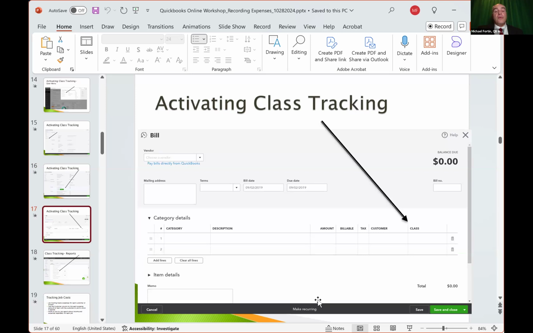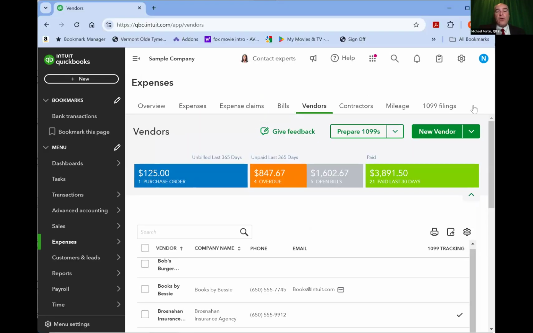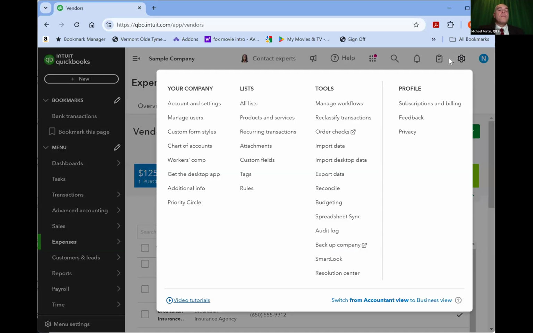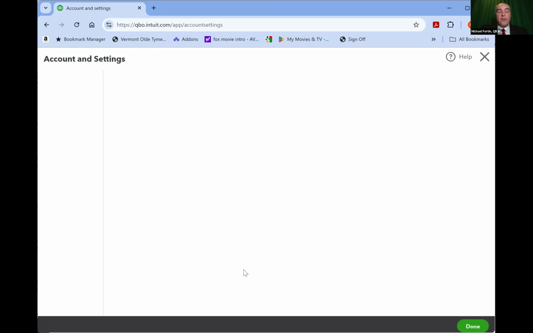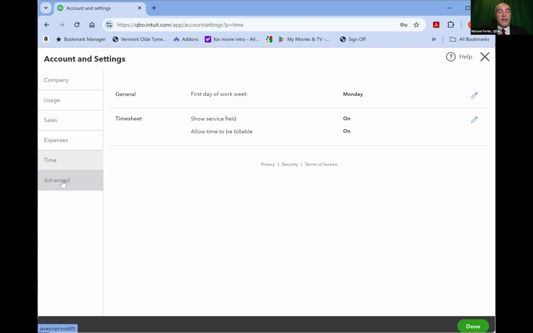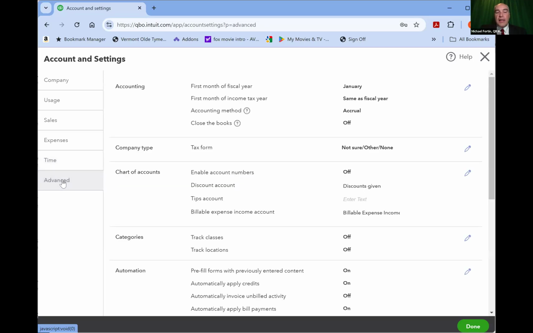So I'm going to walk through it now step by step to show you where it is. I'm going to go back into QuickBooks Online. Upper right-hand corner, I'm going to click the gear menu, and slide over to the Your Company section. I'm going to go down to Accountant Settings. Now we'll open up the Accountant Settings window, and then I'm going to go under Advanced. Actually, hold on, it's still loading, so it's a little laggy, as they say.